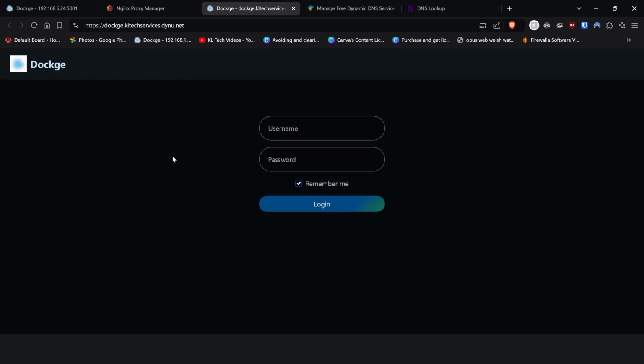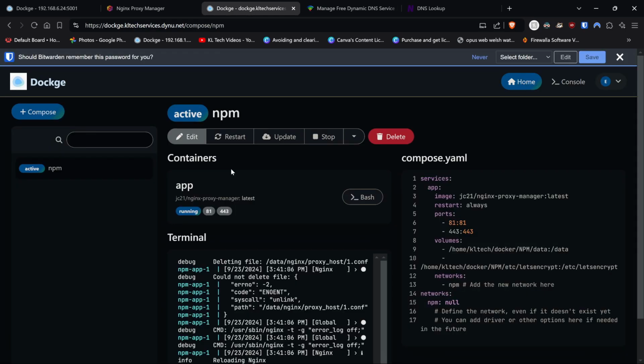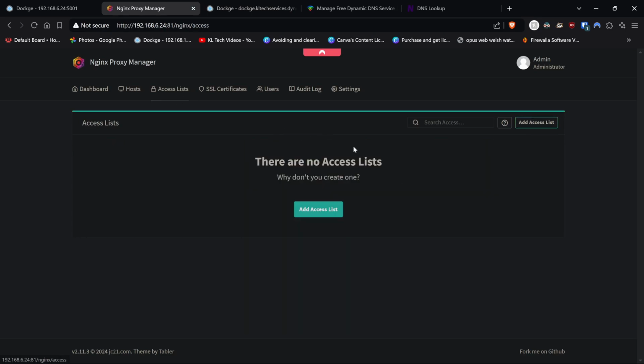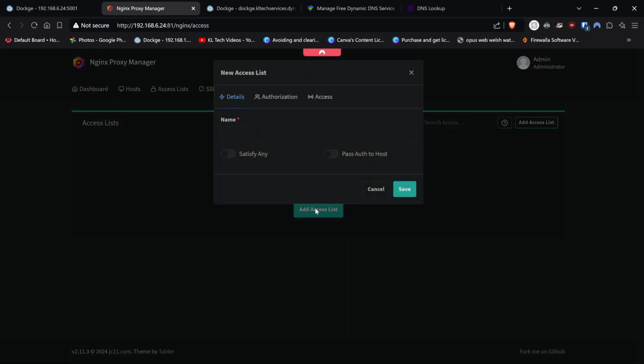And I'm also going to show you how we can get Nextcloud set up on this. So the next thing we're going to set up is going to be Nextcloud. And again, we're going to do that internally first and show you there. The other thing I'm going to do just before we do that is show you how to do access lists. So on Nginx Proxy Manager, if we go to access lists, this is where we can create authorizations. So if we just go with a name, internal only,